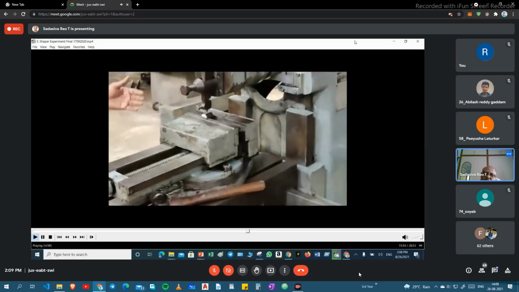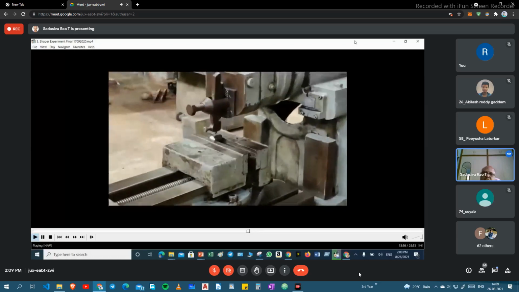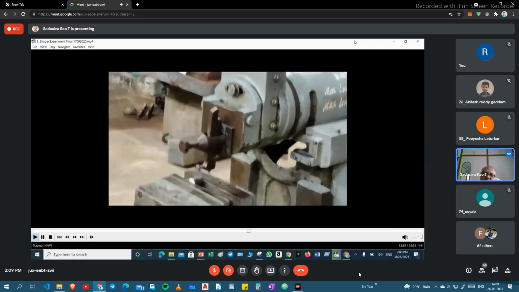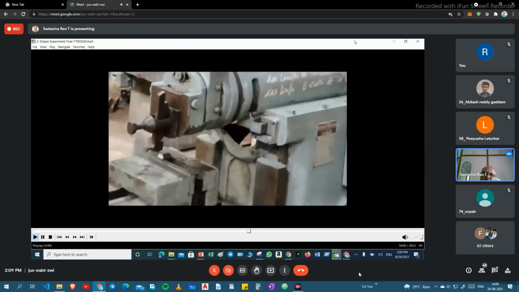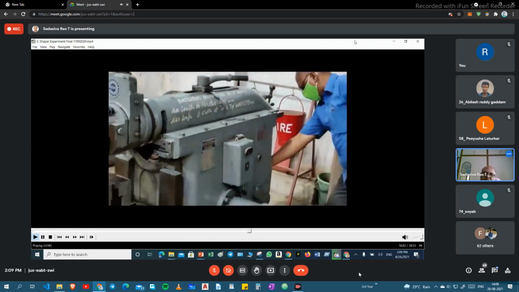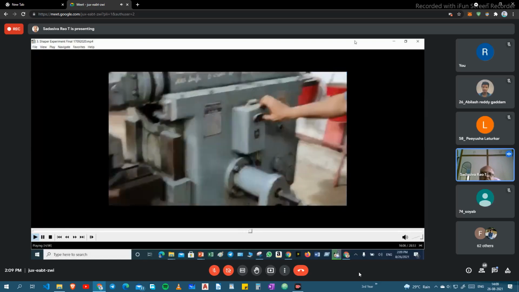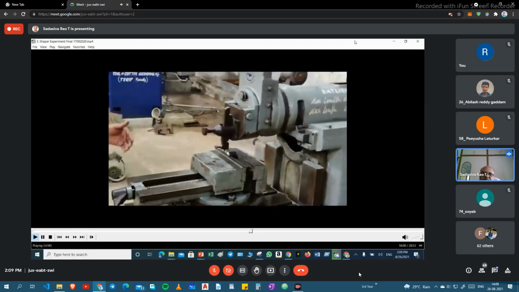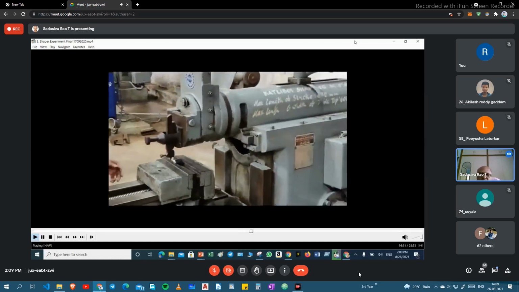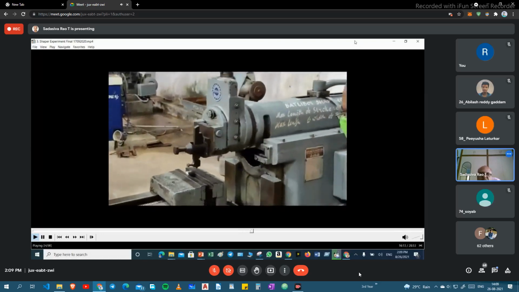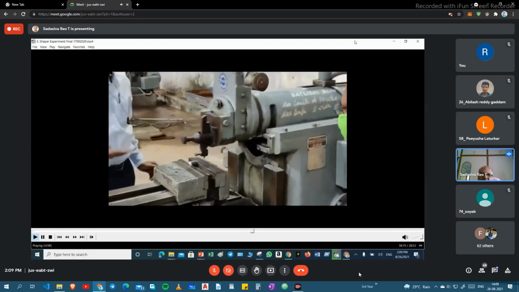Okay, let's do the machining. Start the machine first. Change the strokes per minute. Change to high speed. Bring the workpiece out of the tool.